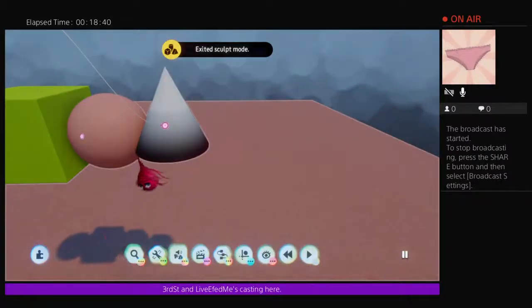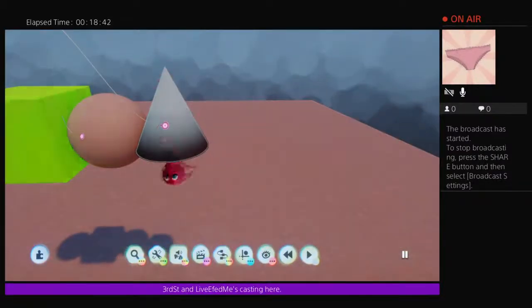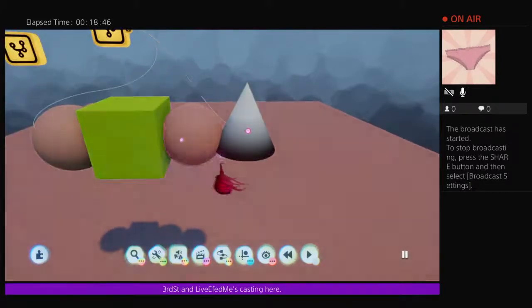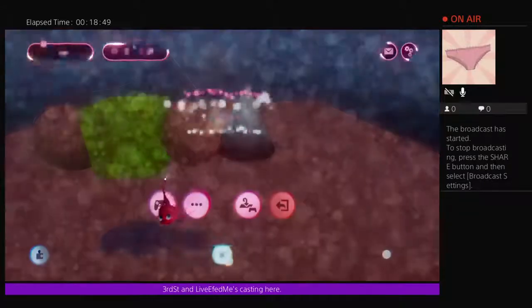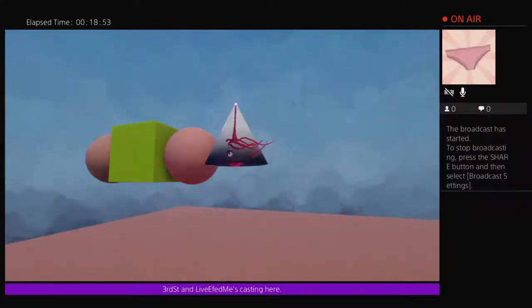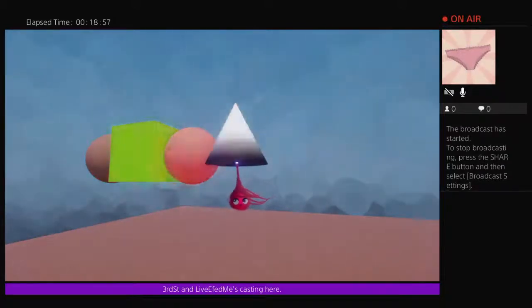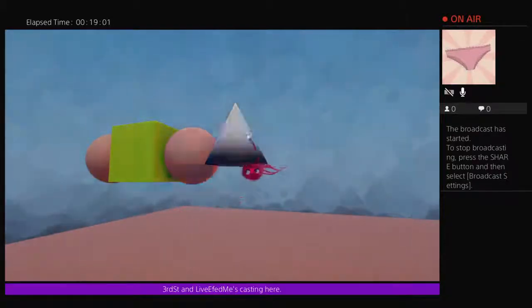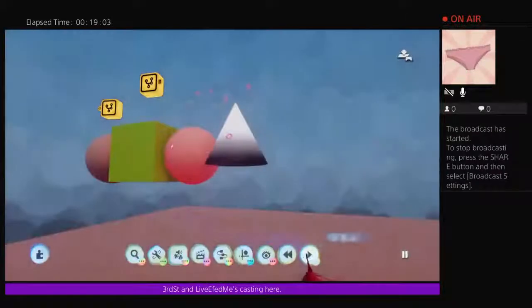So, what we've got is a white at the top and a black at the bottom. Because the way the light works, if it's a pure black, you're hardly going to see it. So if I now play it, the top, as you can see, is fully bright. But the bottom, it doesn't seem to be flashing. So what you can do, in effect, is if I go back into the edit mode,